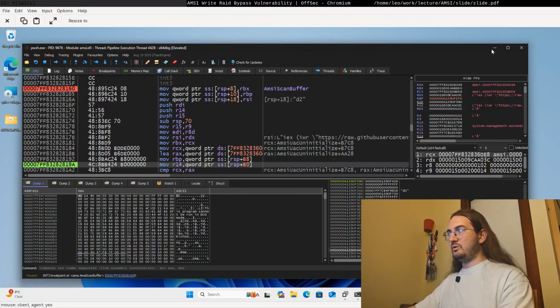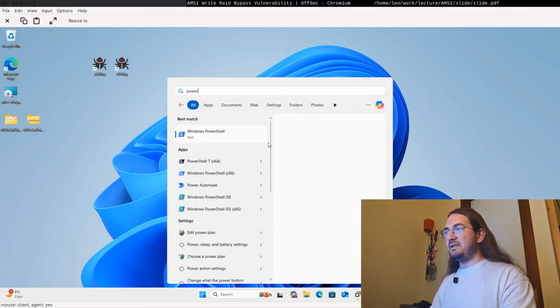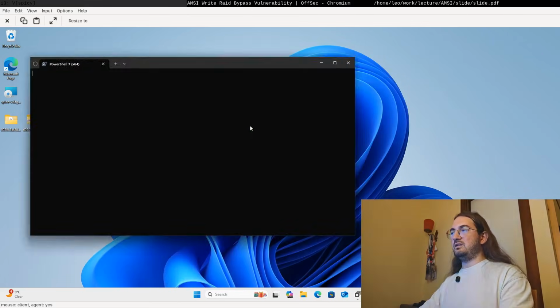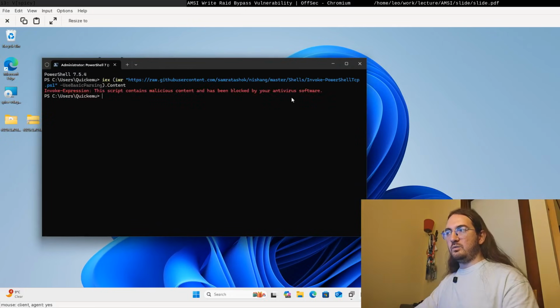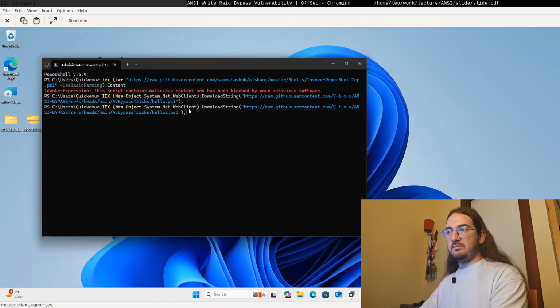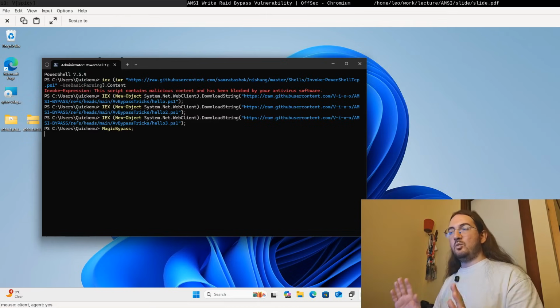So how would we do it? Well, let's close the debugger, close the process, and open a new Windows 7. Now, at this point, if we just do this, we're going to get blocked, right? However, the bypass itself works by downloading 3 different files, which are called a load.1 here from the GitHub repo, a load.2, and a load.3. Once we load all these 3 files, we call the method magic bypass,